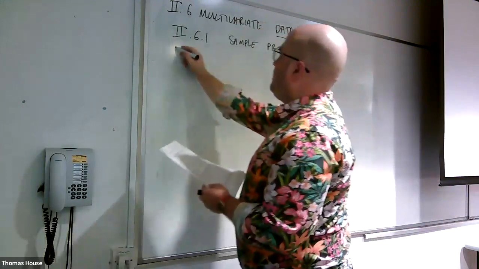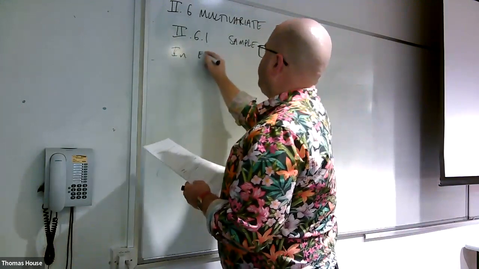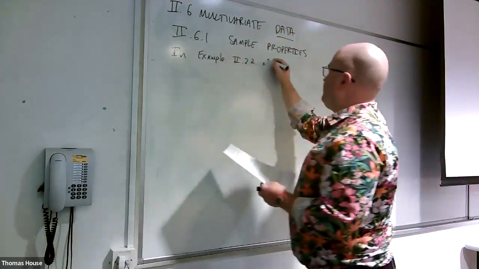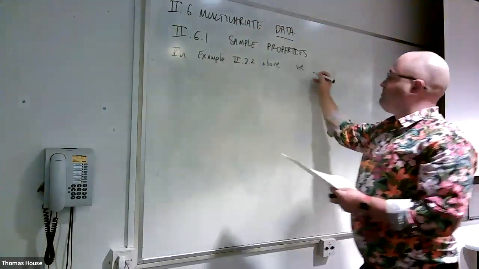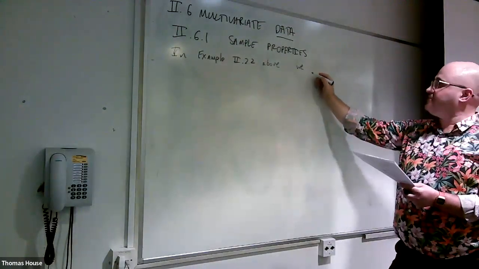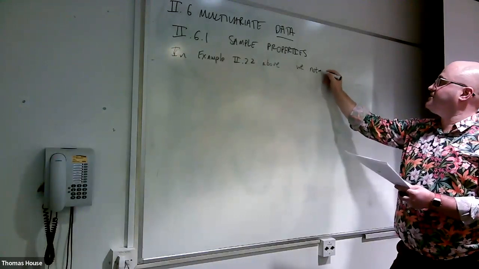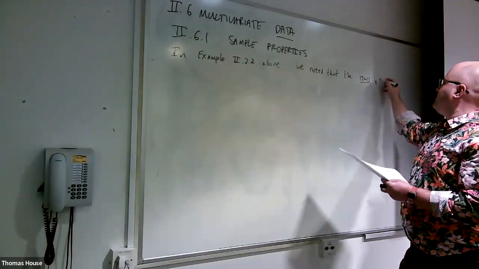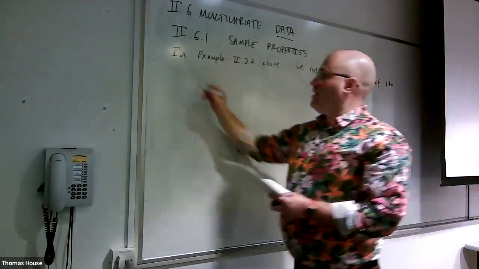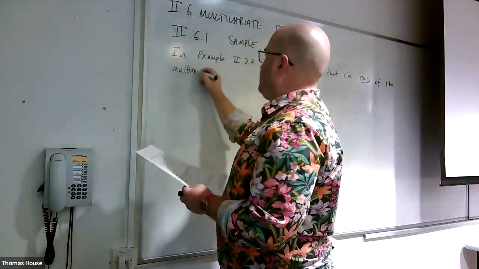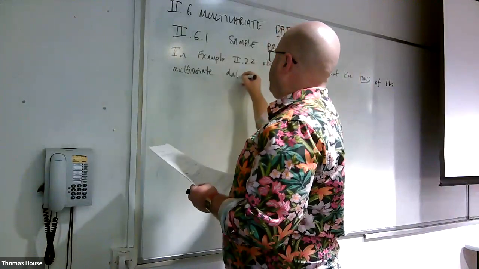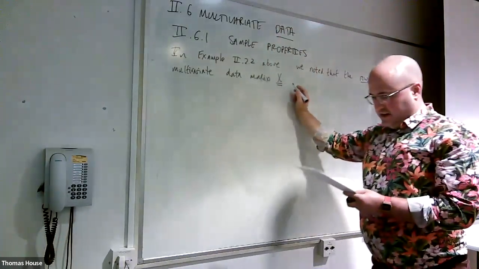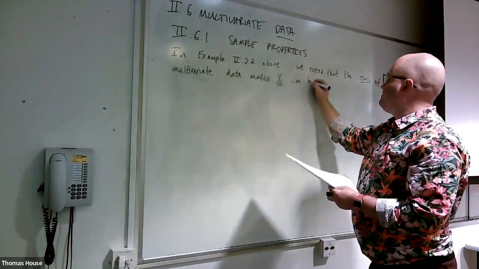In example 2.2.2 above, we noted that the rows of the multivariate data matrix X can be viewed as a collection